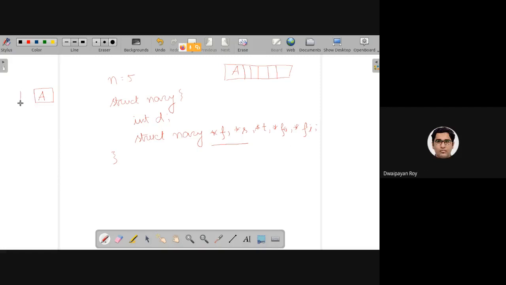I am keeping 2 children on the left, just for elaboration purposes, and 3 children on the right, just to show you with this example. So this is the first, this is the second, the third, fourth, and fifth. Now say a B came into the picture. Again, it will have the same structure.